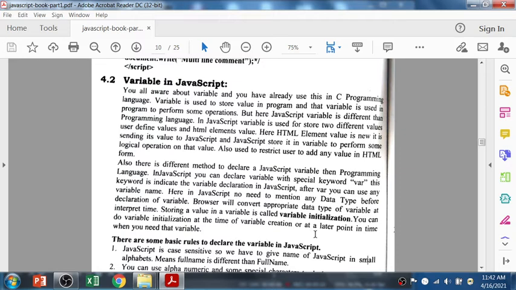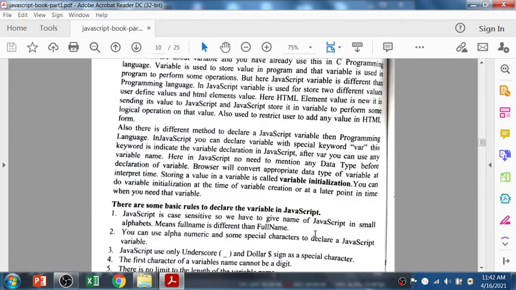So in JavaScript we have a variable for two reasons. One is to store a value, and the other is to store an HTML element as well.